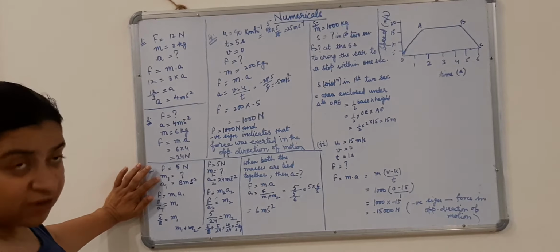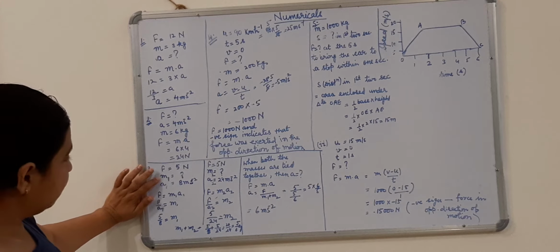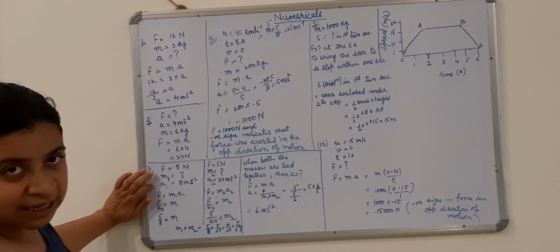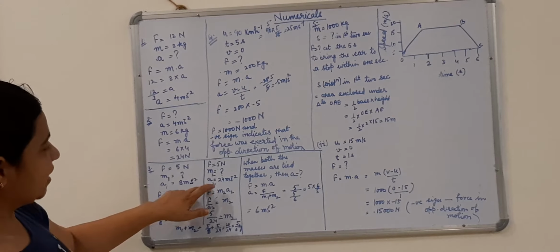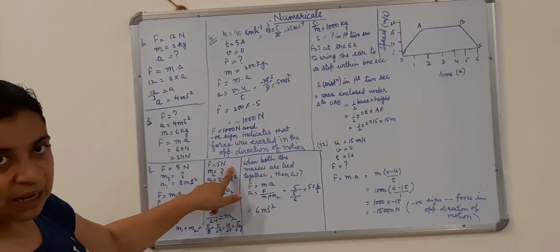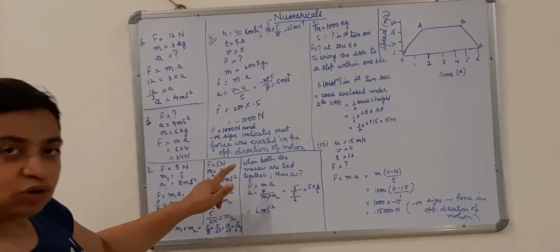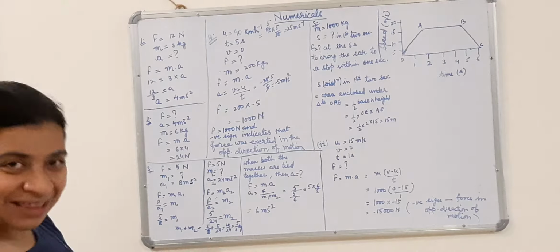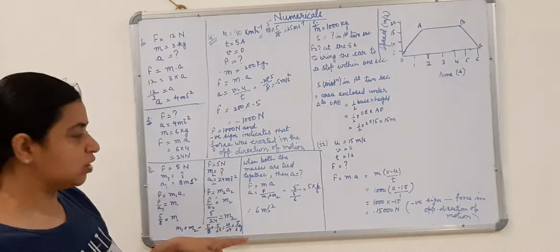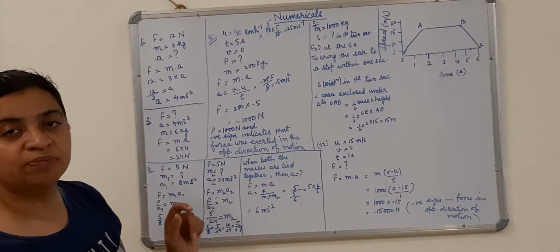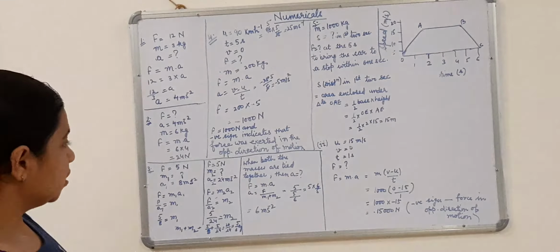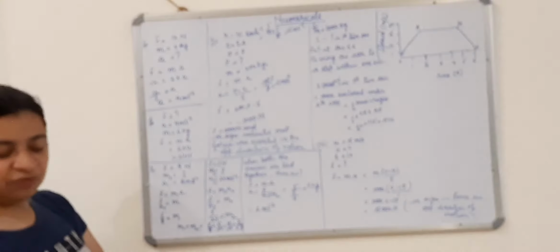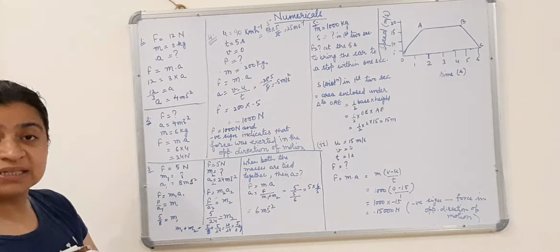Earlier, when the mass was m1 and the force was 5 Newton, the acceleration produced in the body was 8 meter per second square. Now in the second case, the same 5 Newton force is applied. Here the object is changed, the mass of the object is m2, and the acceleration produced in this body is 24 meter per second square. So the question is, what acceleration would it give if both the masses are tied together?